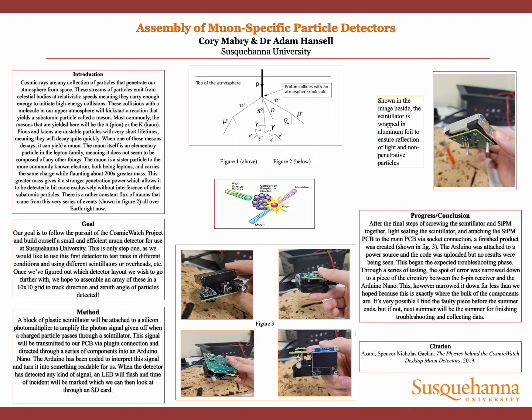The detector works by using a block of plastic scintillator which produces a photon when penetrated by a charged particle, in tandem with a silicon photomultiplier to send a readable electrical signal into an Arduino Nano. The Arduino is coded to show us the received signal in a way that makes sense for people to read.